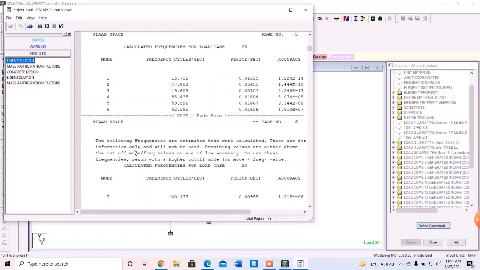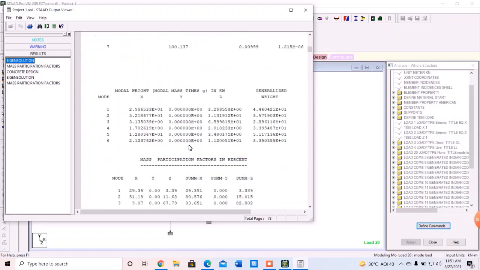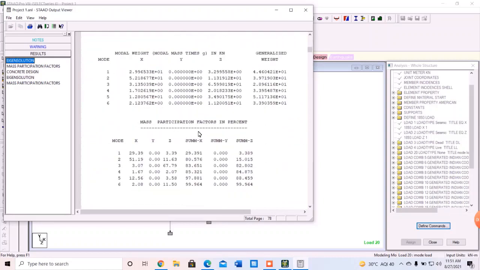And so here you can see the frequency for the first mode, 15.786, like that. You can get the frequency values from here. And also here you can see the mass participation factor in percent. So you can see the participation of different modes. If we take the first mode, the participation in X direction will be 29.39 and